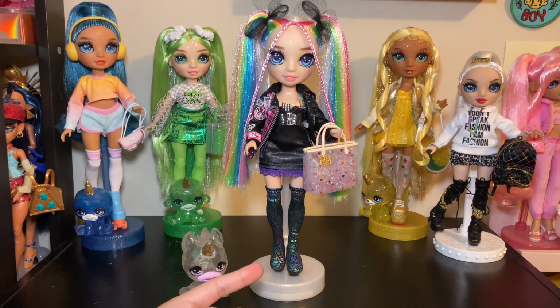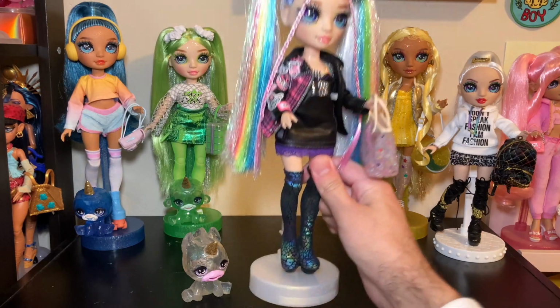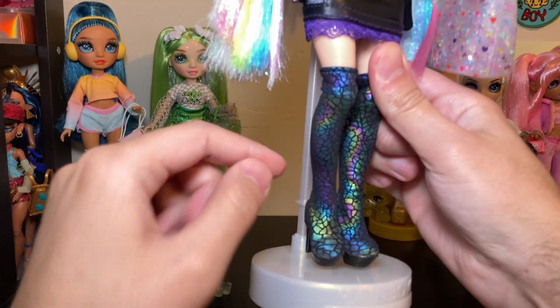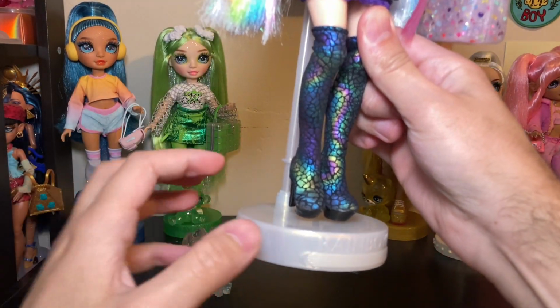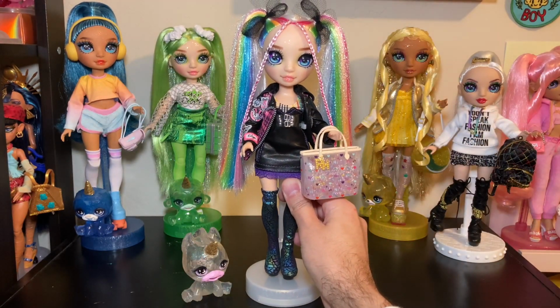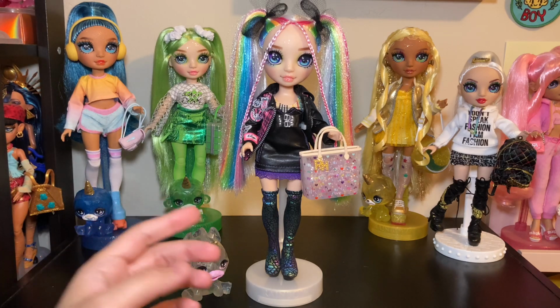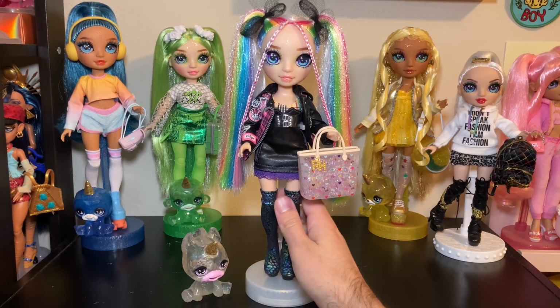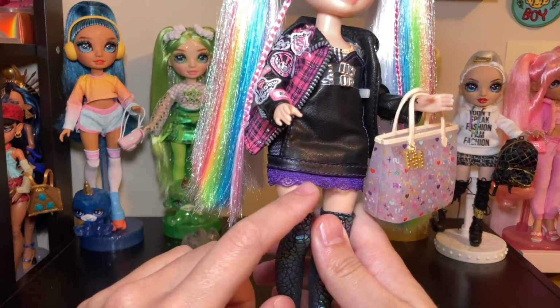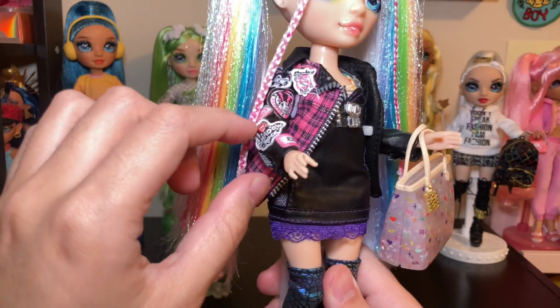So I gave her Naomi Storm's boots. They're kind of like, I don't know, oil spill crackle fabric boots. So you can see there's lots of colors going on there. We got purples and blues and greens, and I really like those boots. And then the dress is from the Ainsley Slater deluxe fashion pack kind of situation. It came with the doll plus tons of extra fashion. And I liked this dress because it had this purple lace trim, and I gave her Mara Pinkett's jacket so